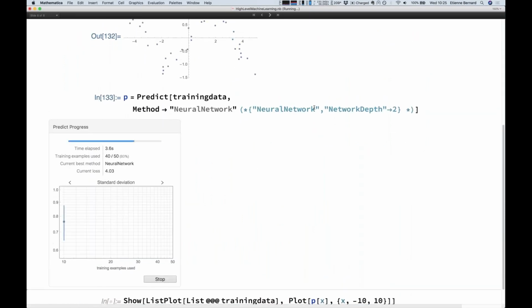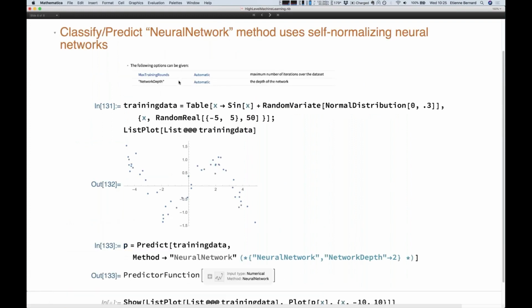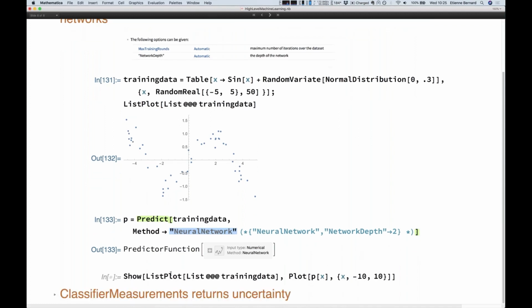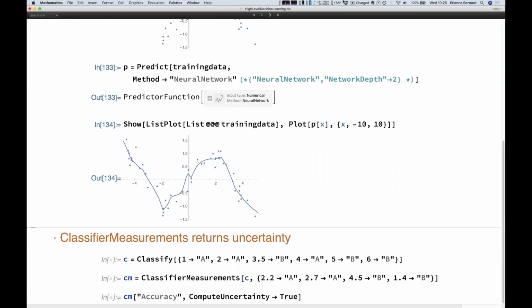And you can also specify the network depth and the max training rounds. We trimmed down the control you have on this method to make it simpler and more useful, I think. If you want to be a bit more expert, then you have to go to the neural network framework that you will hear about after. So this would be the results of this framework and of this training, and I could change the network depth, but I don't have much time. So the notebook will be given to all of you. You can play with that.